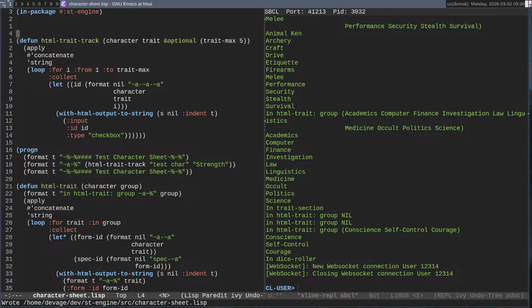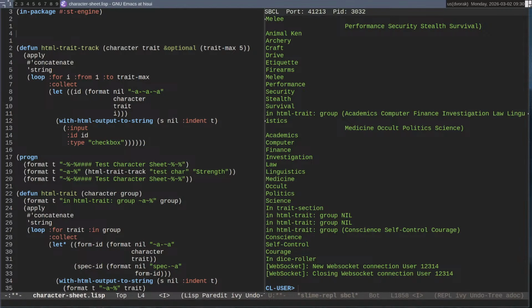Anyway, what I should be doing is making characters, and actually making a class. So I've just implemented traits as something that I can send over WebSockets. Traits being just a list of things that you can do, that can be on a character sheet.